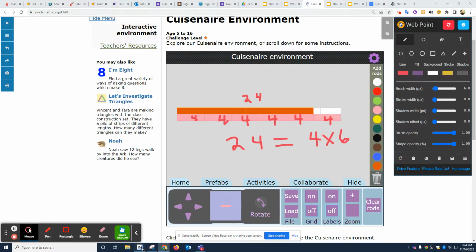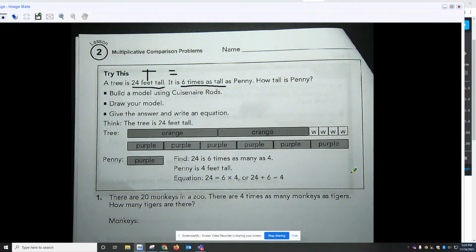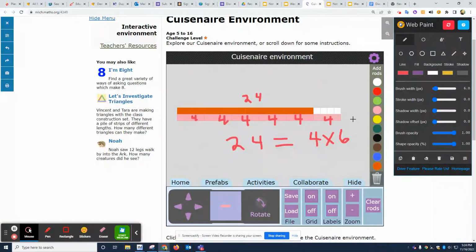Now, if I go back here to my packet, I notice that that is what they wrote. But they also wrote 24 divided by 6 equals 4. And so if I look back at my Cuisenaire rods, I could think that way because I am not 100% sure in the beginning. I'm working backwards. So 24, actually,